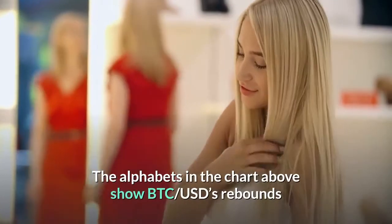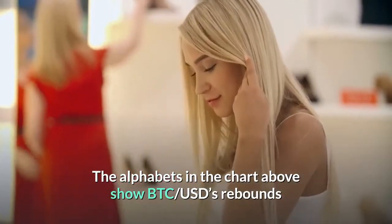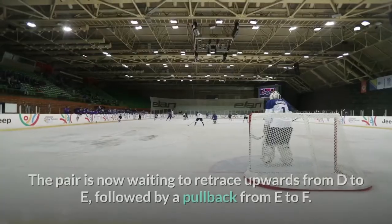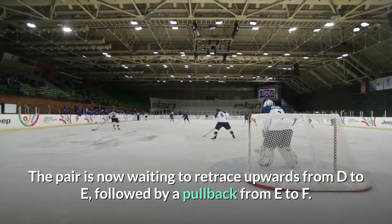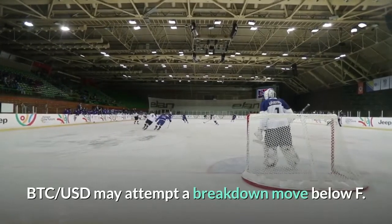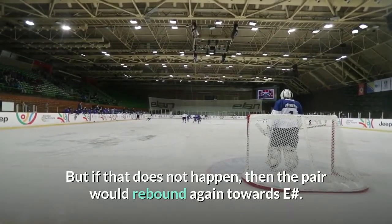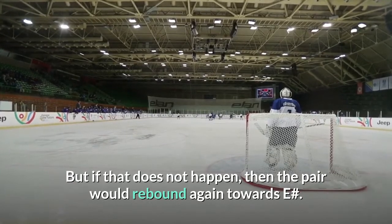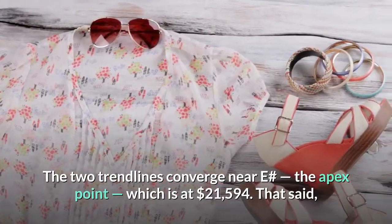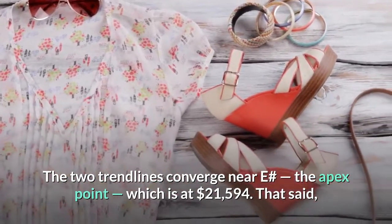The alphabets in the chart above show BTC USD's rebounds and pullbacks off the rising wedge trendlines. The pair is now waiting to retrace upwards from D to E, followed by a pullback from E to F. BTC USD may attempt a breakdown move below F, but if that does not happen, then the pair would rebound again towards E sharp. The two trendlines converge near E sharp, the apex point, which is at